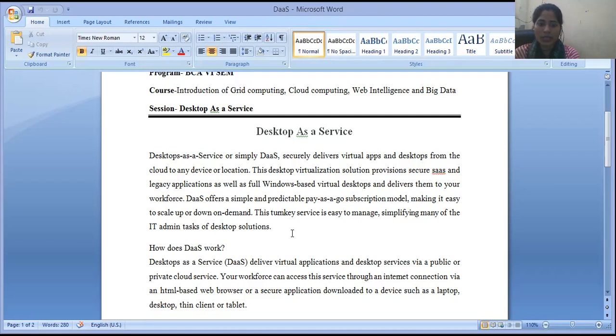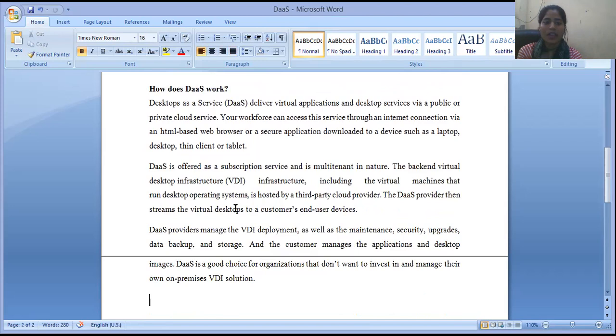So how does DaaS, Desktop as a Service, work? Desktop as a Service delivers virtual applications and desktops as a service via public or private cloud services.